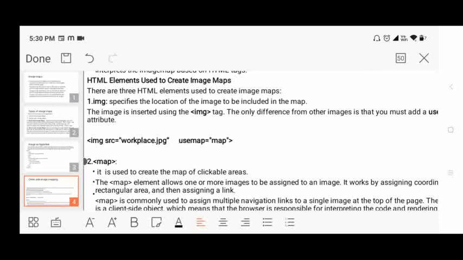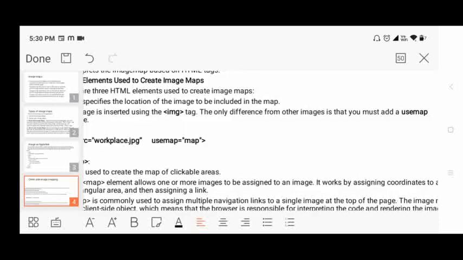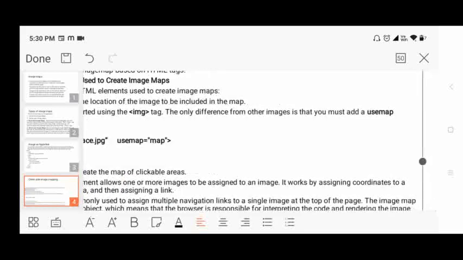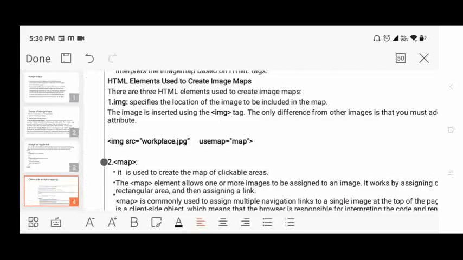IMG tag, SRC. What is SRC? Source of the image. Source of the image means the location of the image. Where is the image in the system? Now, what I have given extra is usemap equals map. Means whatever image you have given, for that image we are using it as an image map.